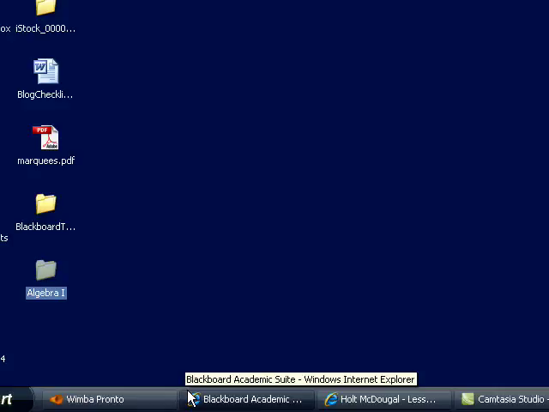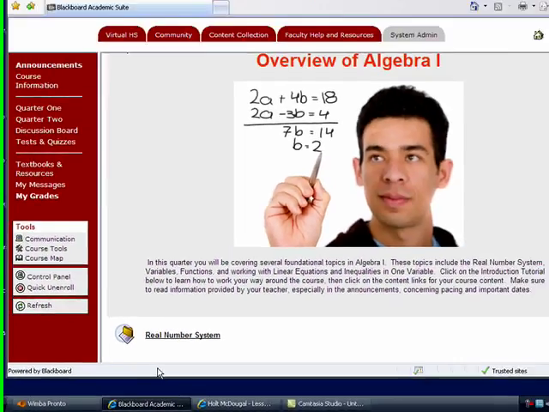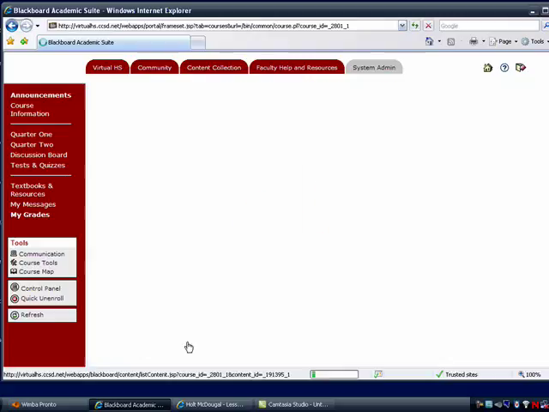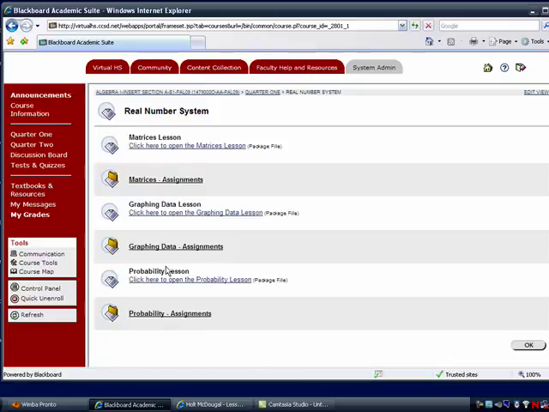Okay, I'm going to go back into Blackboard now. And basically, to work through a lesson, the first thing you need to do is click into the unit folder. So here's the first unit folder, Real Number System. So you click into there. And there are a number of lessons within each unit. So you want to start with the first lesson. Click it to open it,